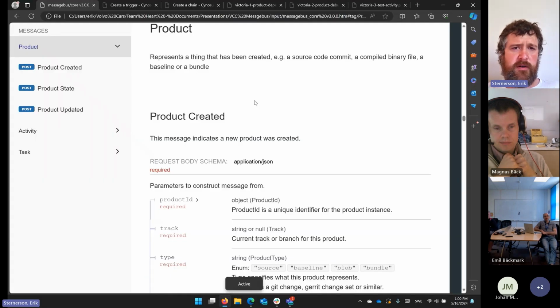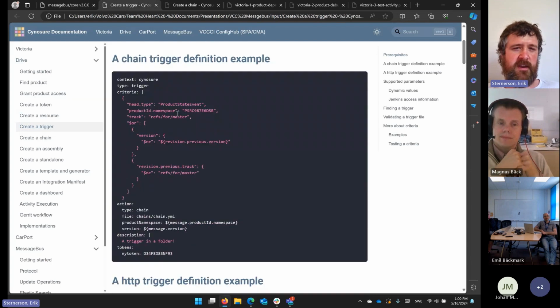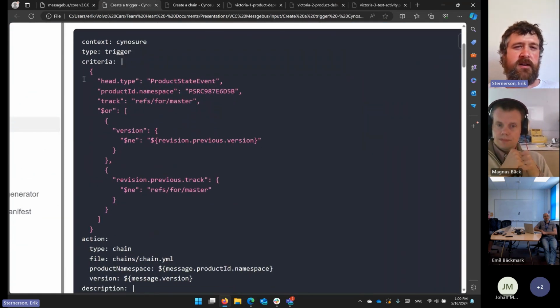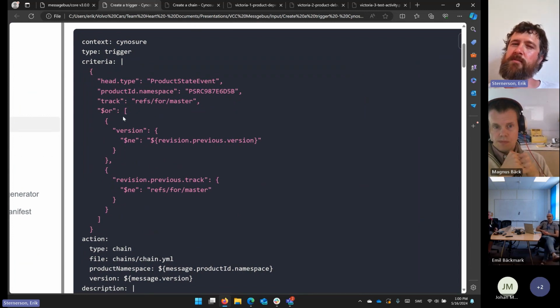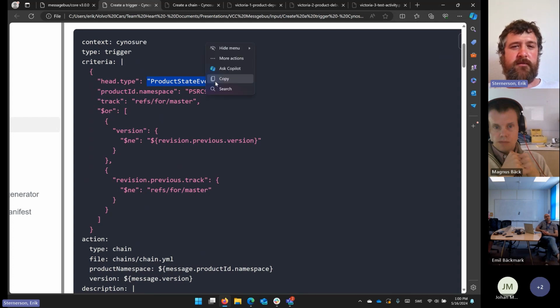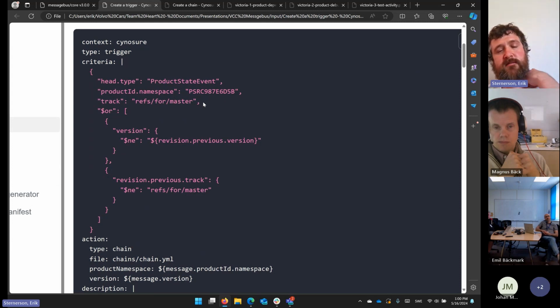So let's go and look a little bit at the triggers. This is an example of a trigger. Here is the filter criteria. It uses, I think this is MongoDB syntax, if I'm not mistaken, because I think the state database is MongoDB. And here we see, which is quite typical, that we only look for state events. That way we don't have to worry about whether it was a product created event or a product updated event, because we know that product state will be echoed for both of those. And then we say what